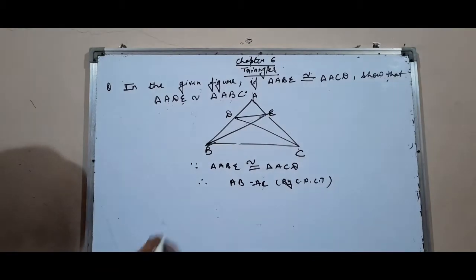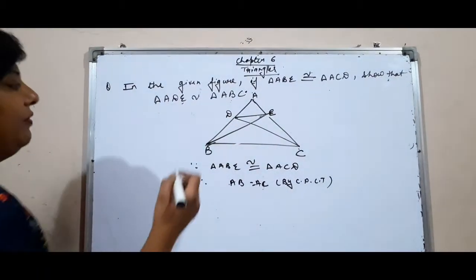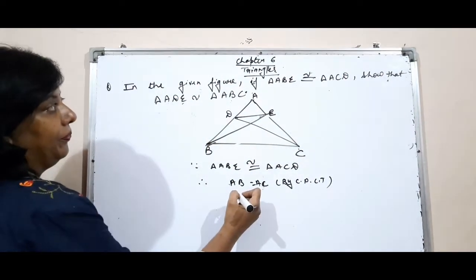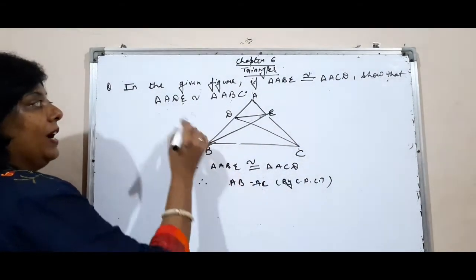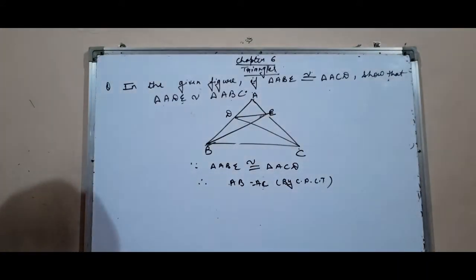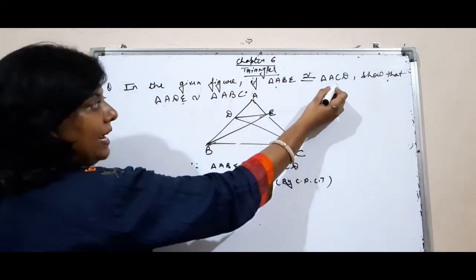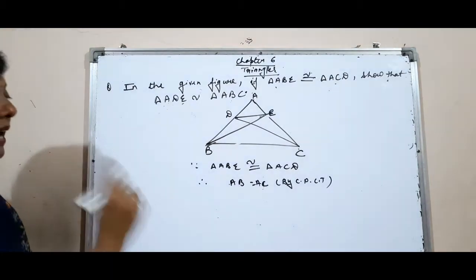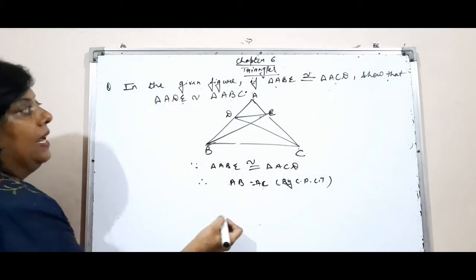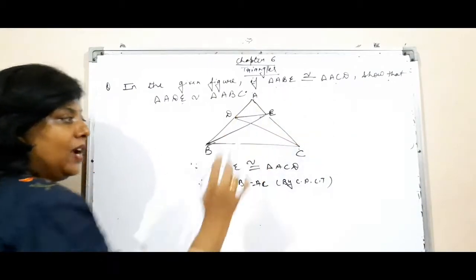ठीक है, AB और AC कैसे होंगे? इक्वल होंगे बाय CPCT. And moreover, we want AD upon AB and AE upon AC. We need this thing ना. हमारे पास क्या है? AB और AC इक्वल है. हमें और क्या चाहिए अभी? AE और AD और चाहिए. तो इट मीन्स हमारे पास ये क्या है? ABE और ACD कॉन्ग्रुएंट है.